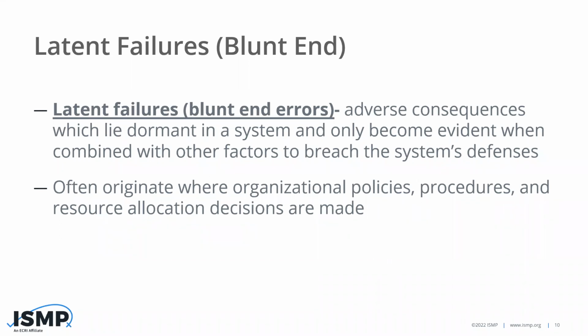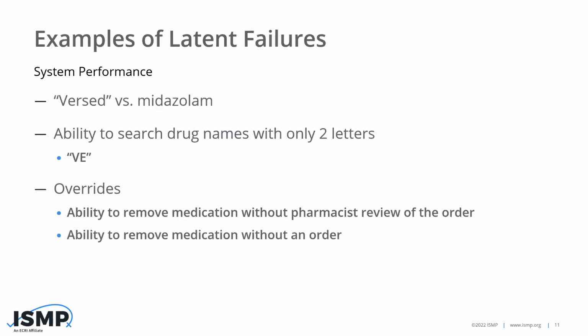These are the types of things that, as the first bullet says, lie dormant. Realistically, they're always there. It's just that oftentimes things don't go wrong because of them until something bad happens, and all of a sudden it becomes clear we've had many contributing factors from our organization in this event. Next slide, please. So let's use some examples of latent failures. We'll refer to a recent case in the media the past year, where a nurse accidentally gave a patient a neuromuscular blocking agent, vecuronium, that resulted in their death.